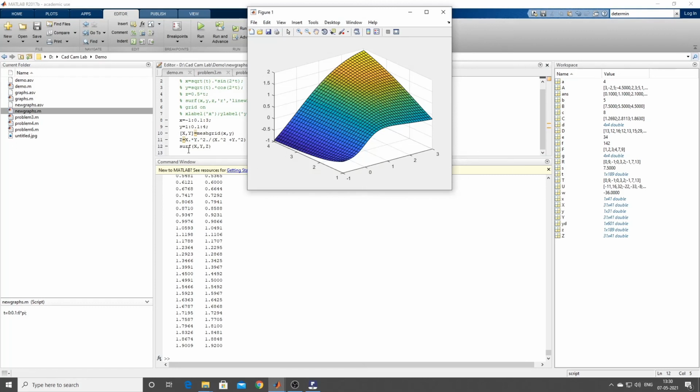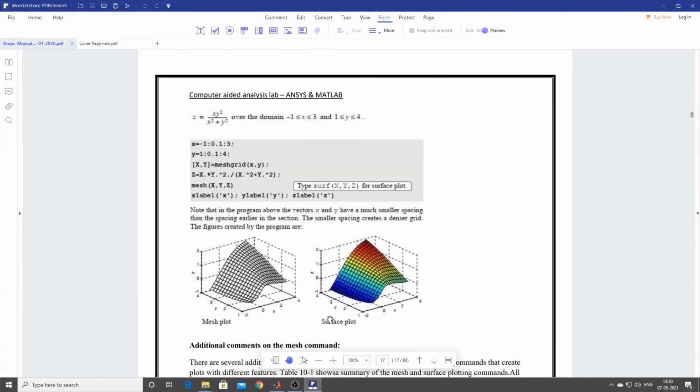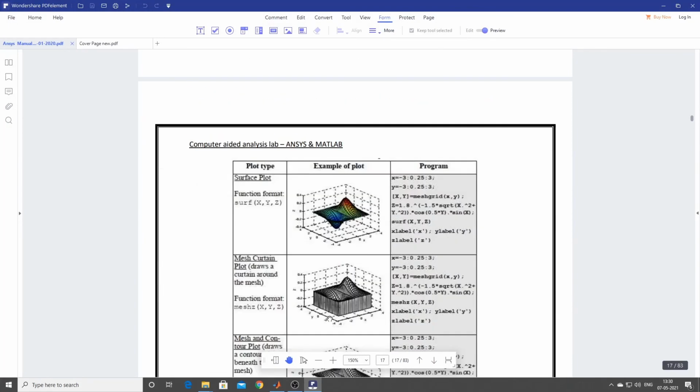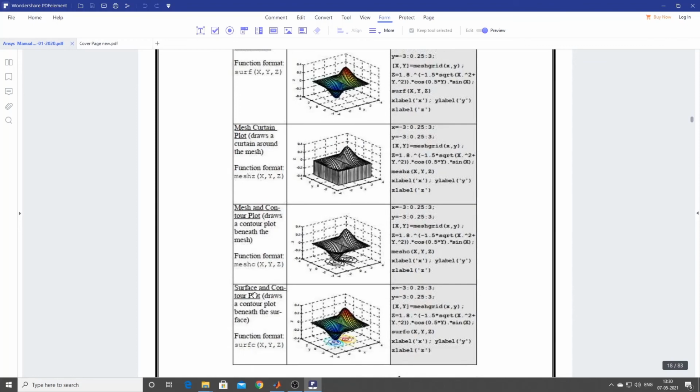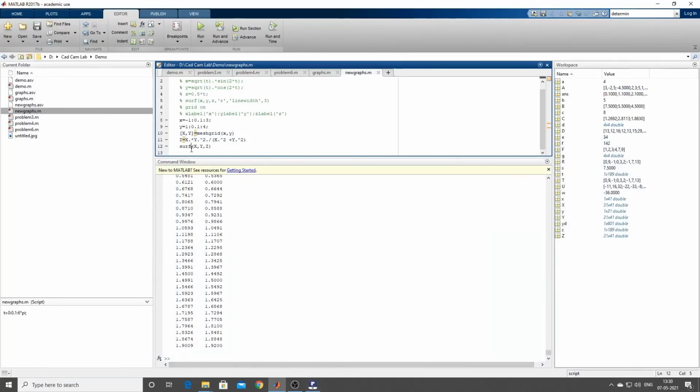So there are different commands. That's it. Okay, surf, mesh, etc. Contour is also there. Say there is one more command called contour plot. Here surf of x, y, z is there, instead of that if you give contour plot, see what is going to happen.